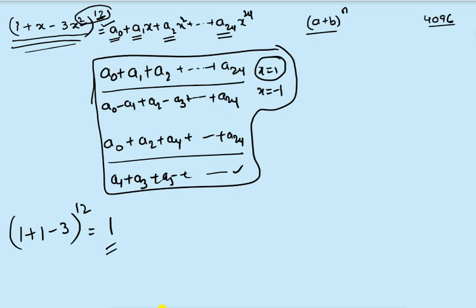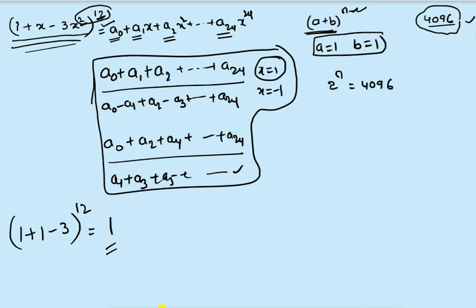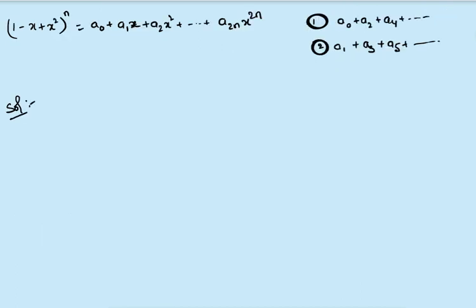In this question he is asking: (a + b) to the power of n, the sum of the coefficients is given as 4096, then what is the value of n? To get the sum of the coefficients, we have to put a equals 1 and b equals 1, right? So if you put a equals 1 and b equals 1, the sum of the coefficients you will get is 2 to the power of n, that is given as 4096. Now we can write 4096 as 2 power 12. That's why we can write the value of n is equal to 12.